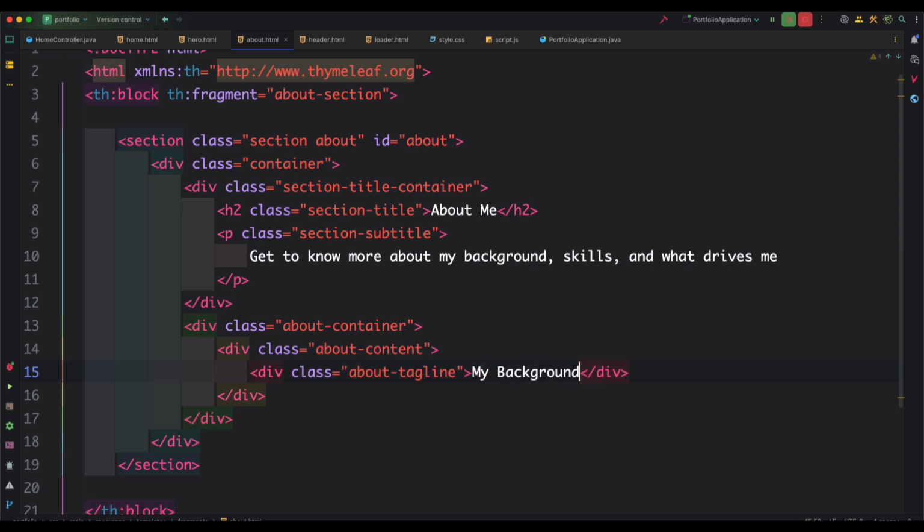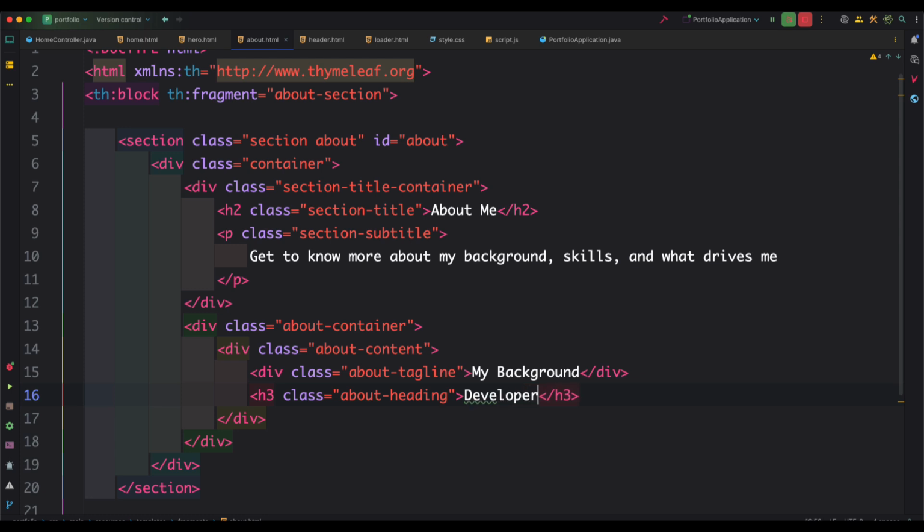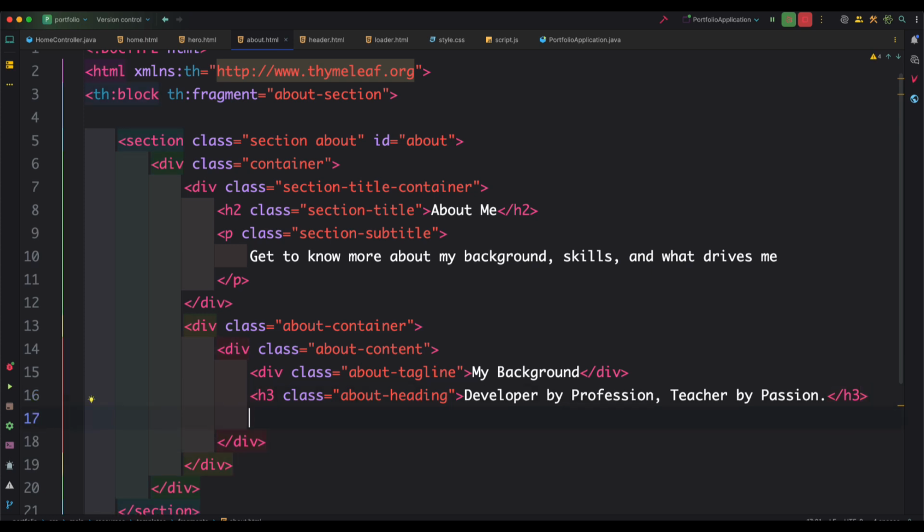my background. This is the text that I'm going to add. Next I'm going to create an h3 tag. I'll add the class about heading, and the text I'm going to add: developer by profession, teacher by passion. Feel free to change as per your needs. Okay. Next I'm going to create a paragraph with a class about